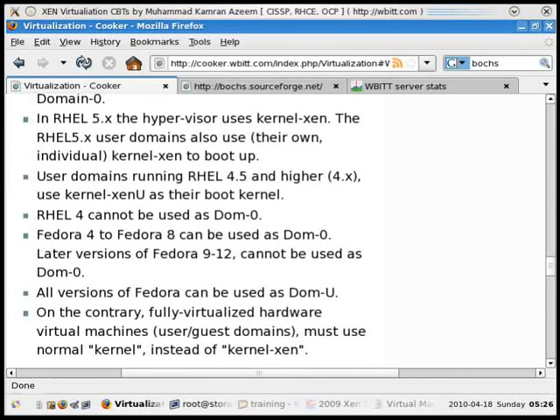If you have used Red Hat Enterprise 4 or before, then starting in Red Hat 4.5, we had this kernel XEN U as the kernel which used to boot up instead of kernel XEN. In Red Hat 5.0 and onwards, we are now having a simpler kernel XEN naming scheme, which boots up both in domain 0 and in domain U or guest domain. It's also important to know that Red Hat 4 cannot be used as domain 0,